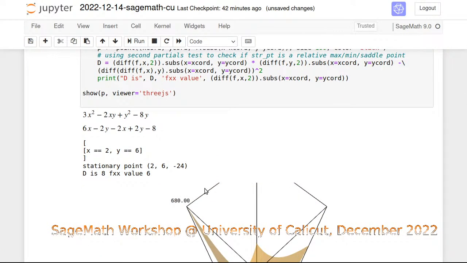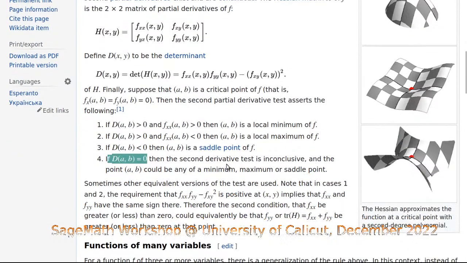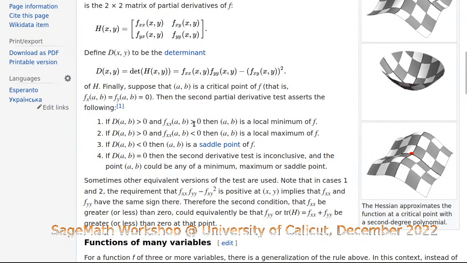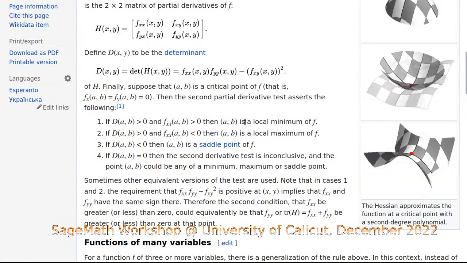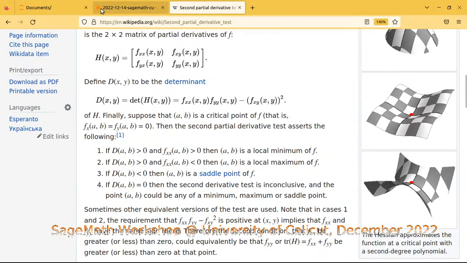D is 8, fxx is 6. So both are positive. So what is the conclusion? This is positive, this is also positive, therefore it's a local minimum. If D is positive and the fxx value is negative, then it's a local maximum. Therefore the conclusion here is